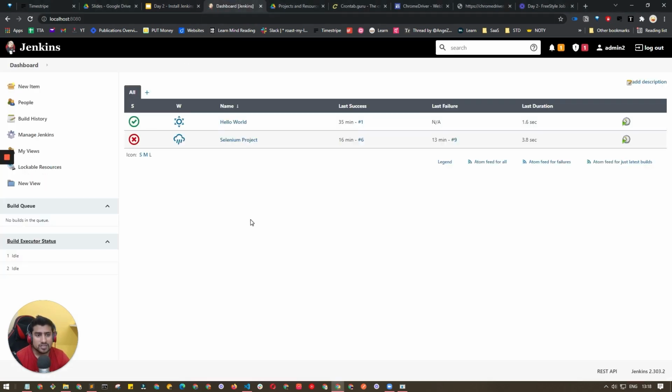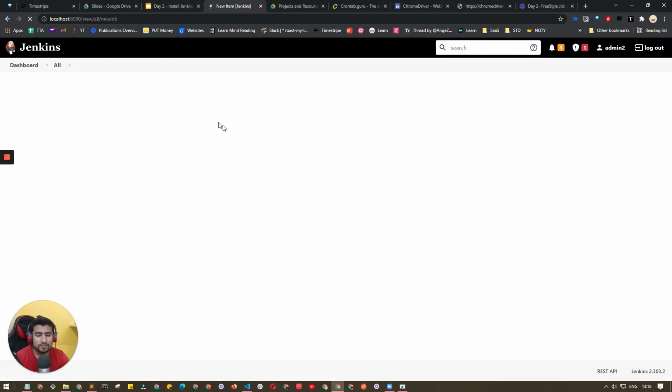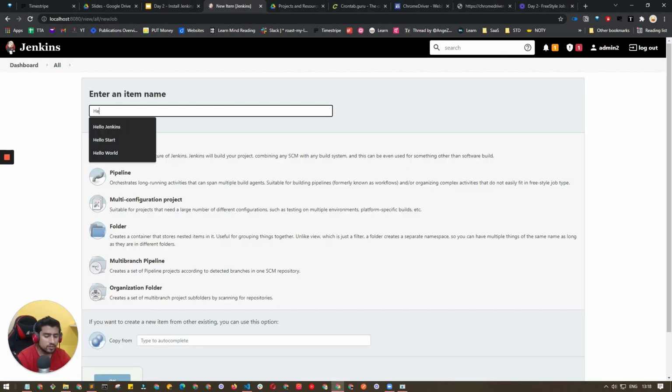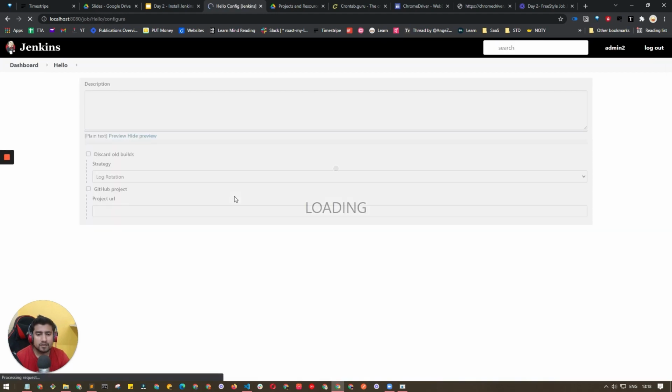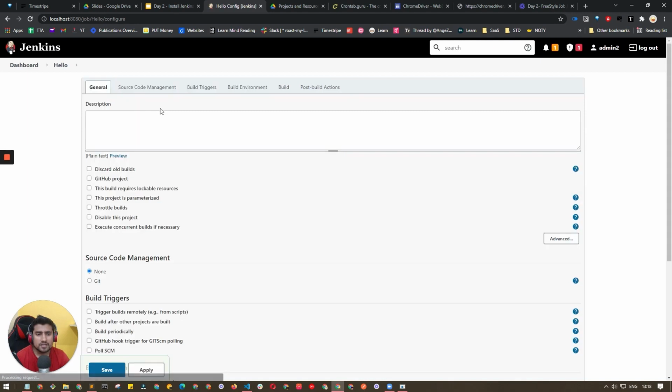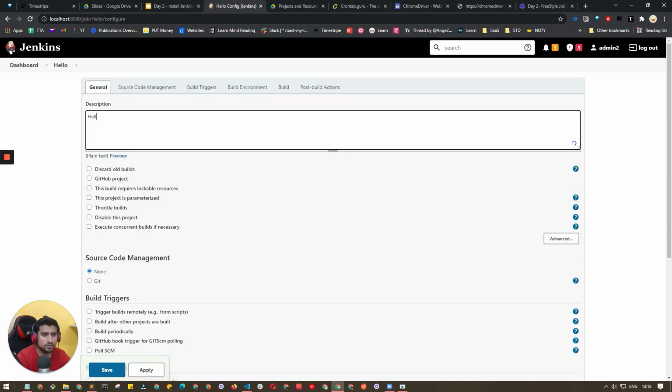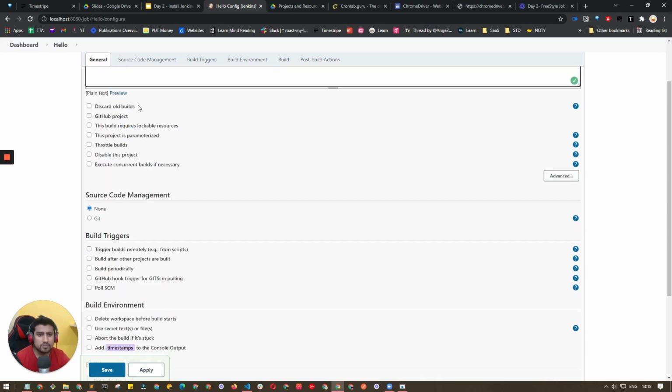Okay, so this is the Jenkins dashboard. Right now, you can click on new item and let's do hello. This is the freestyle project that I'm doing. I'll just click it. And if you see, same thing, right? Description, hello to Jenkins. This is just a description, and there are a bunch of options you can